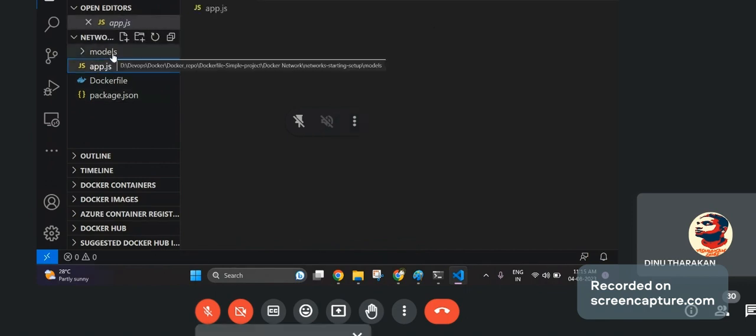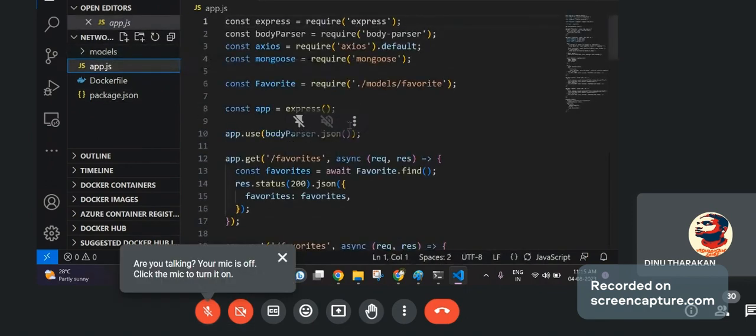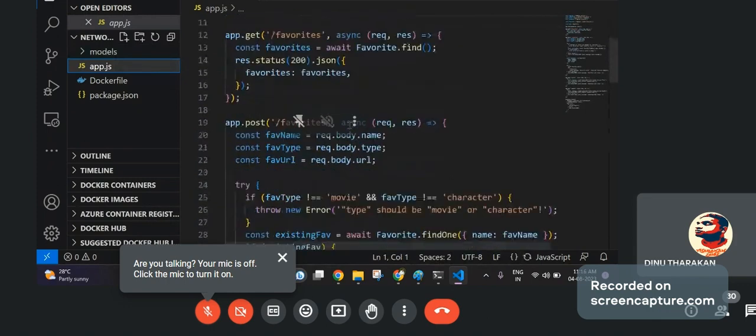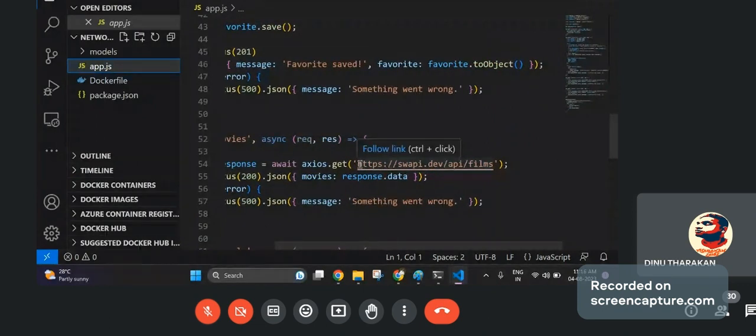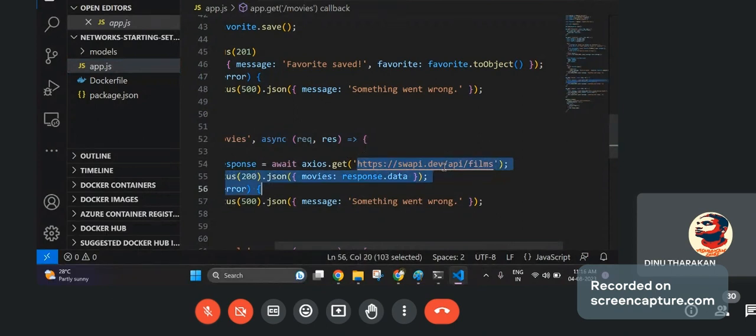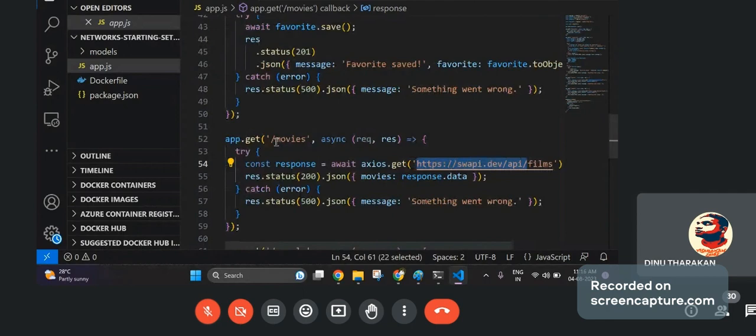This is my application, a Node.js application, with a front end. Here, my Node.js application goes on calling this API. In the app.js file, where my application code is, there is a part in which they are trying to get some details from a different API.